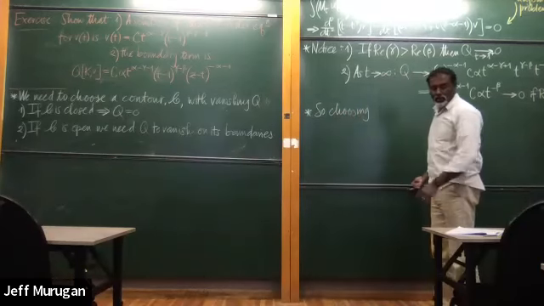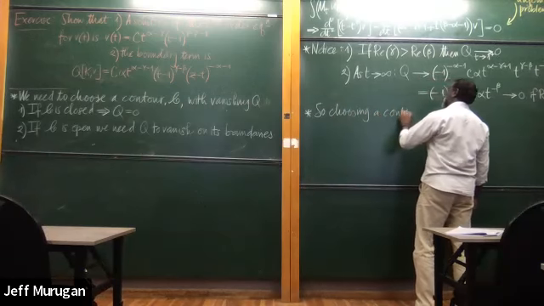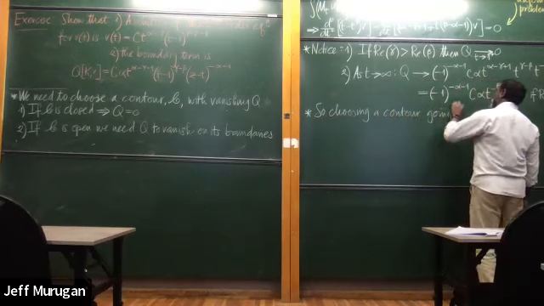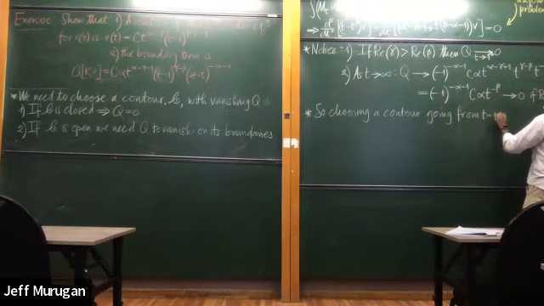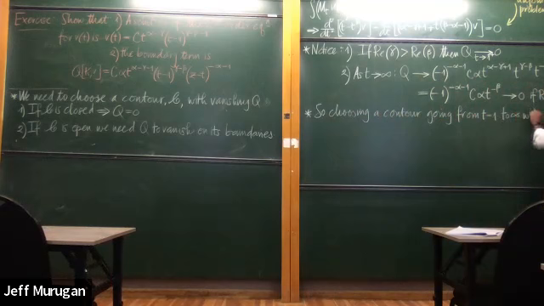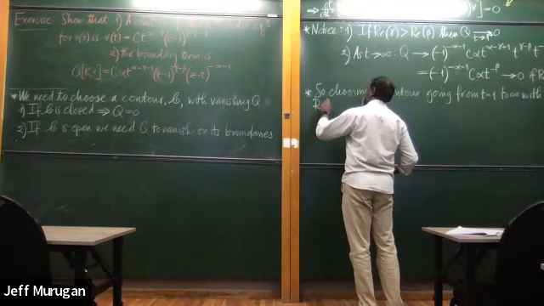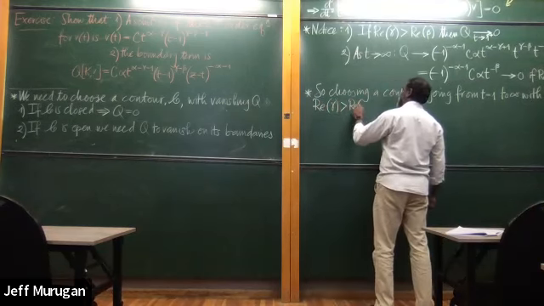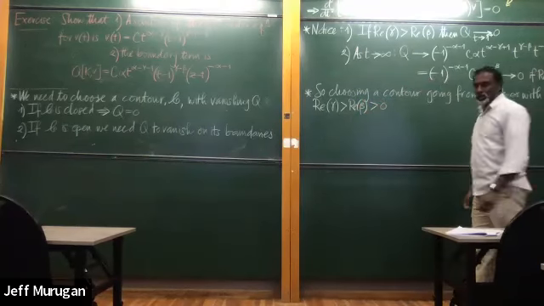so if I choose a contour going from T equals 1 to infinity with real part of gamma bigger than real part of beta, both positive, then I can write